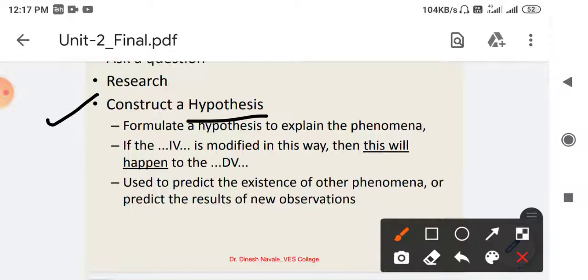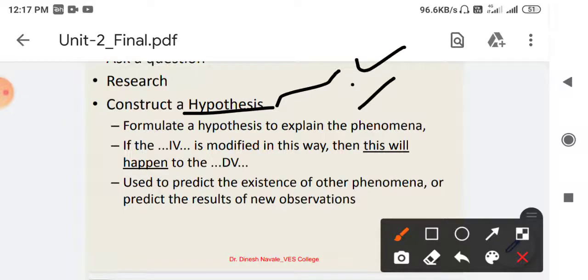So before doing the experiment, if we are predicting certain things, then we can say that it is a hypothesis. It is a predictable thing, like we have already predicted that it might happen. Sometimes this hypothesis may be correct or may be wrong. So the first thing that you should know is you should predict the hypothesis of the result. Formulate the hypothesis so as to explain certain phenomena.